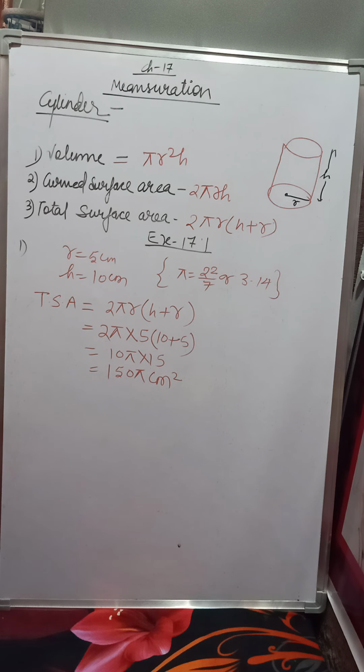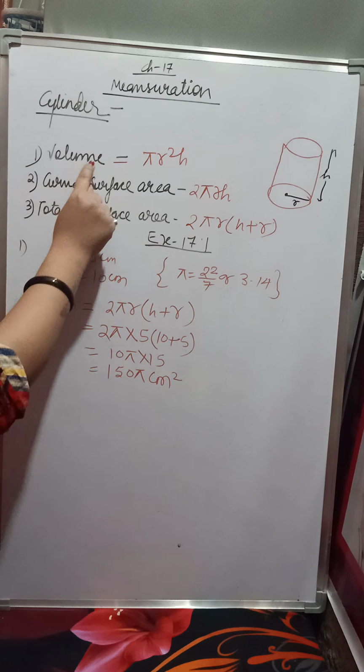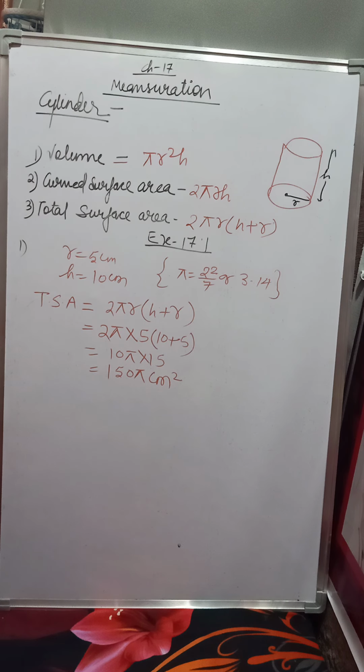In the third question, a school provides milk to the students daily in a cylindrical glass of diameter 7 centimeter. If the glass is filled with milk up to the height of 12 centimeter, find how many liters of milk are needed to serve 1600 students. First find the capacity of a glass by the formula of volume, pi r square H. Then it is given to 1600 students. Then multiply it by 1600.